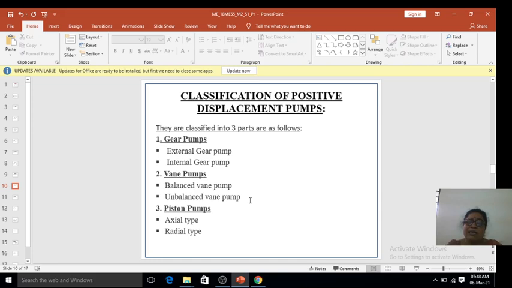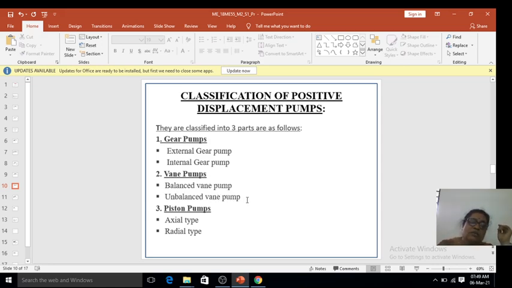When it comes to the unbalanced vane pump, the inlet pressure may be more than the outlet pressure, so it cannot be balanced. That is called an unbalanced vane pump. This unbalanced vane pump can be balanced by replacing certain physical parameters or physical parts, by changing the convex shape or concave, the convex ring, or concentric rings. Concentric rings can be used.